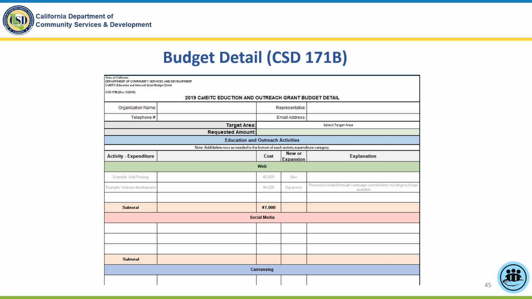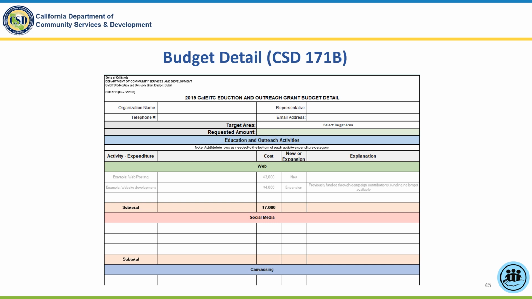At the time of the evaluation, your budget detail is reviewed but not scored. Therefore, you will not receive any feedback on your budget until you are an awarded grantee. Please be aware that even after awards have been decided, CSD may ask you to provide additional information in the budget detail, and you may be asked to make changes before contracts are distributed.